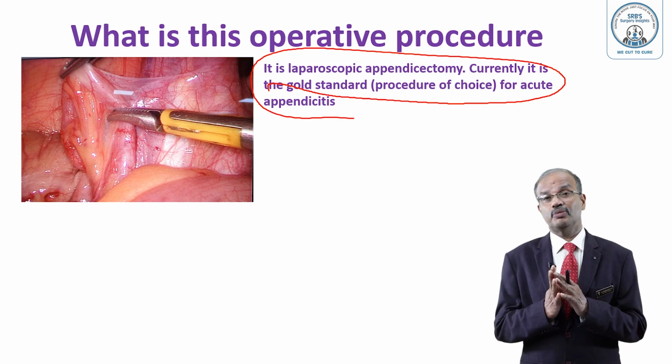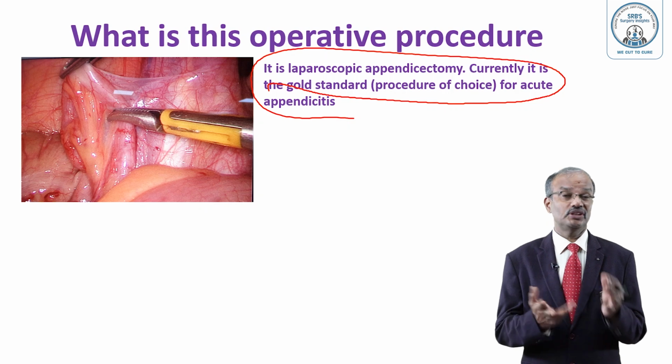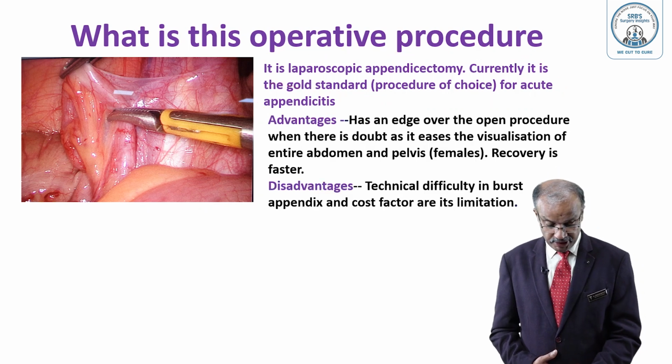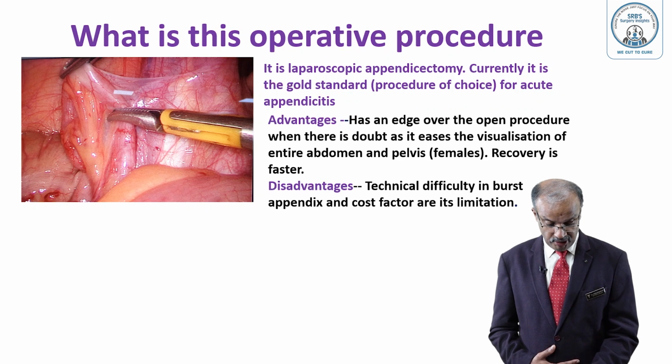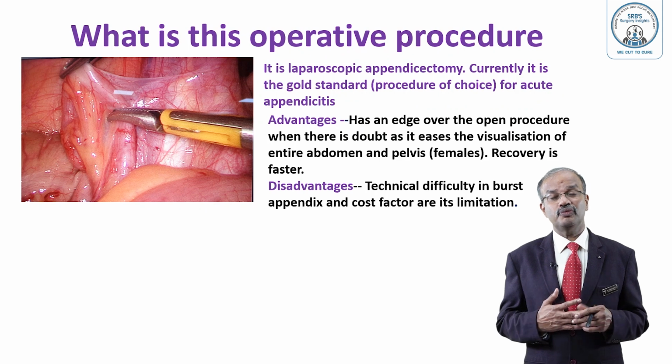Approaches for appendicectomy is a short note asked, an MCQ question, they will ask in viva, they will ask in OSCE. So all these different approaches you should know. The advantage is that laparoscopy has an edge over the open procedure when there is a doubt, because of visualization of the entire abdomen. You can scan the entire abdomen, especially in females for the differential diagnosis: ovarian cyst, ectopic, twisted ovarian cyst,